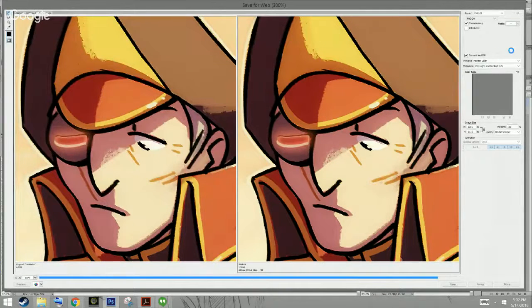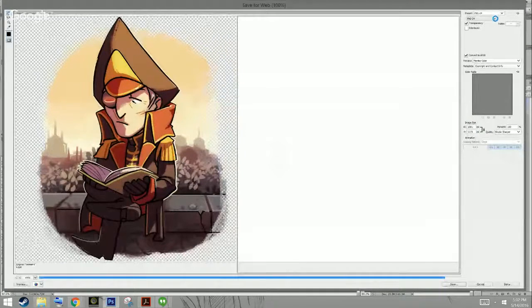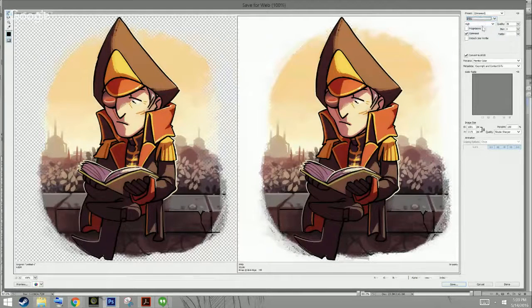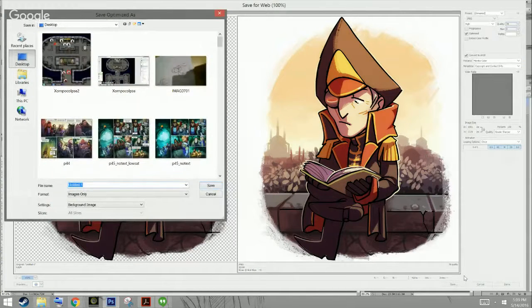But whenever I upload it to DeviantArt or whatnot, if I do, it's going to be saved as a JPEG, just for the sake of everybody browsing on a metered connection or a slow connection. And yeah, so that's your basics on file types too. So here I'm gonna export this as a JPEG too. And you'll see it's only